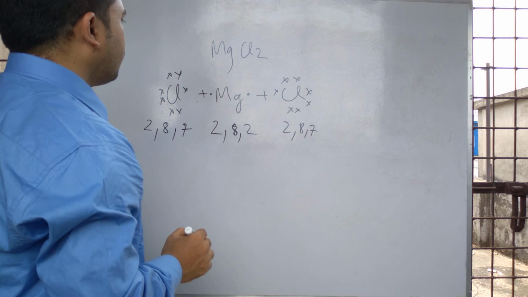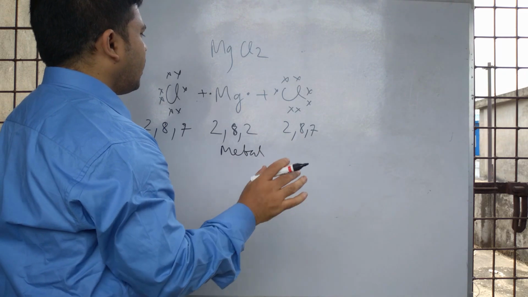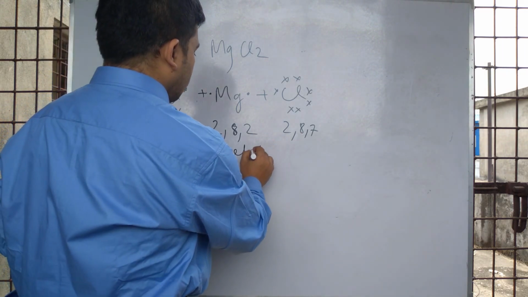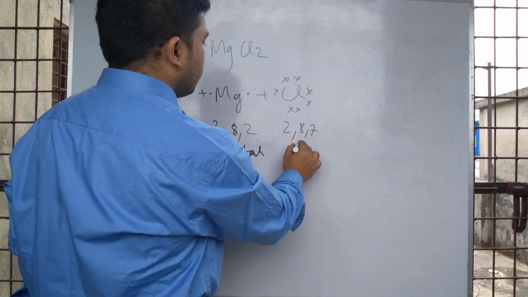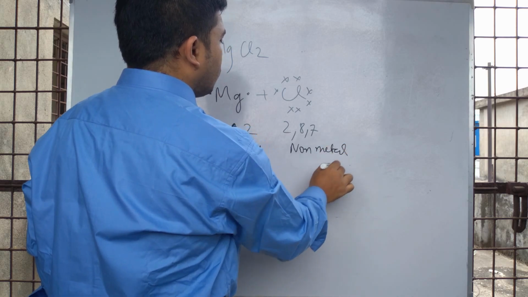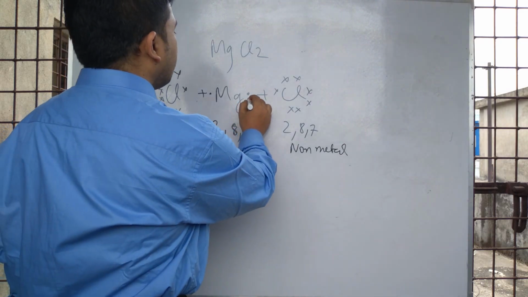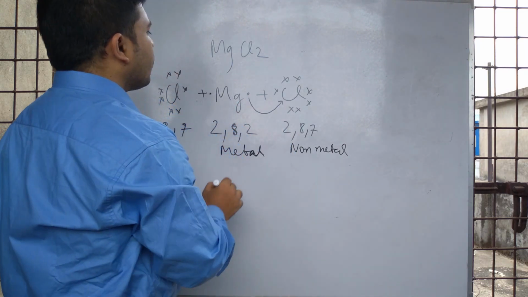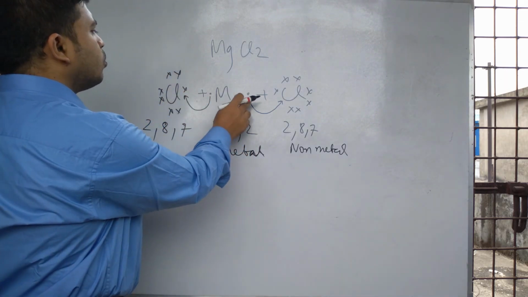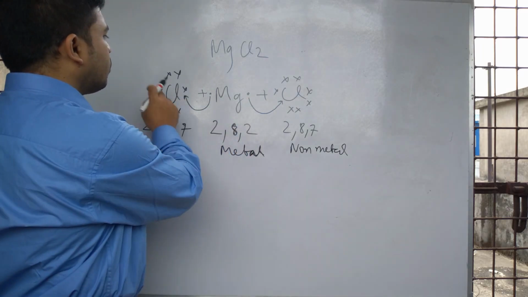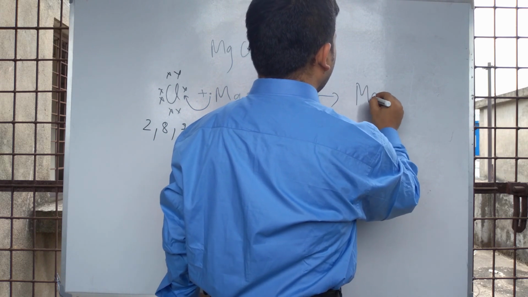So now in this case magnesium is a metal, lower ionization potential and lower electron affinity. Chlorine is a non-metal, higher electron affinity, higher ionization potential. So for this reason magnesium loses these electrons, 1 electron to this chlorine and 1 electron to this chlorine, and its electronic configuration is now becoming Mg